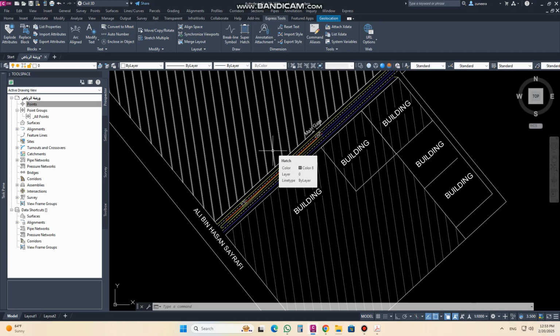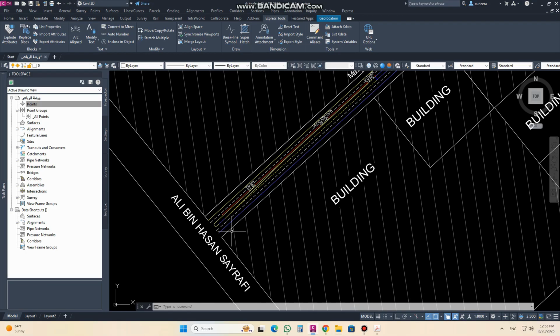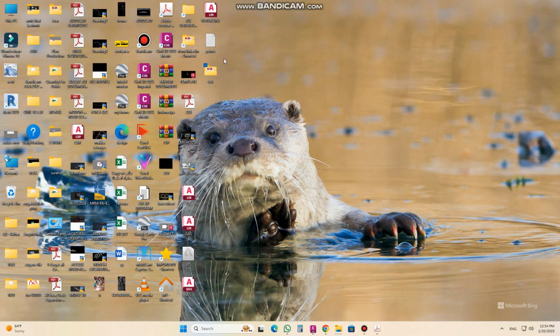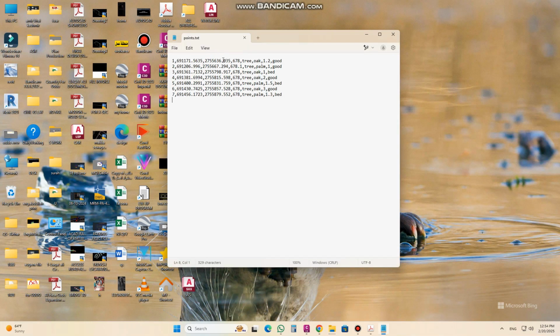Today's video is about how to import points with a description, and more than the description. If there are extra types of columns you want to add, what will you do? For example, if I have a point file here,